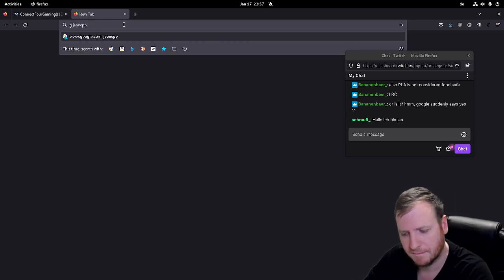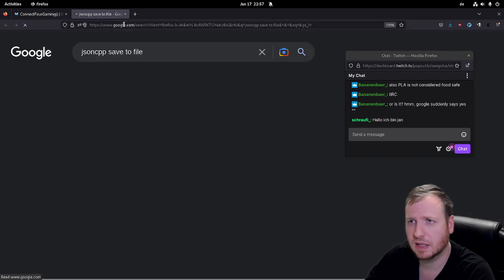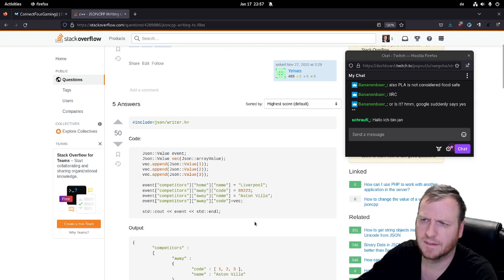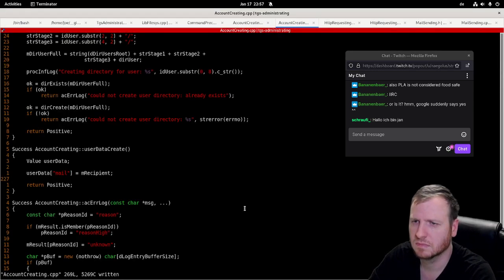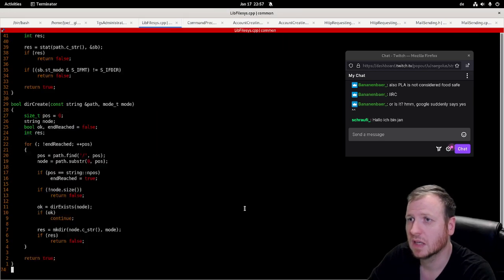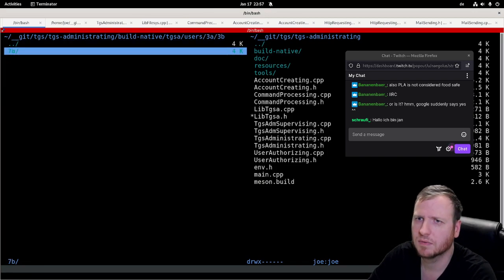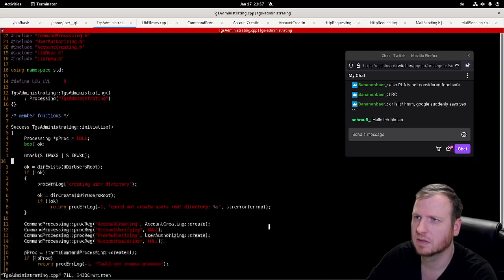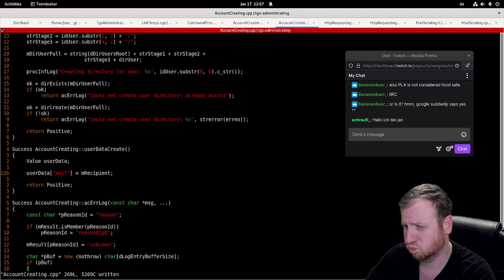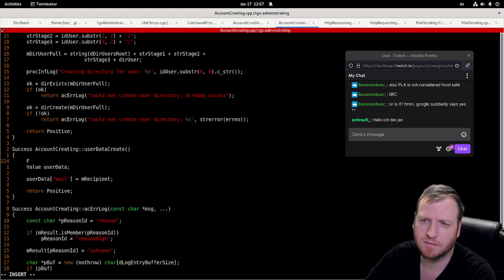JSON CPP, save to file. Yes. Let's check if all directories have the correct permissions. This is fine. We have to create the